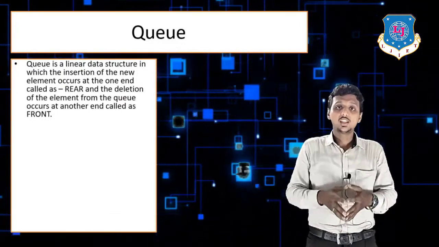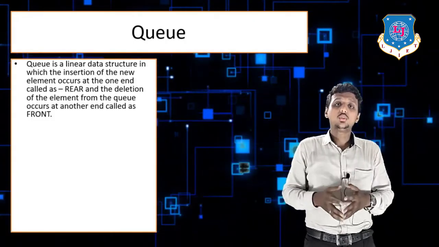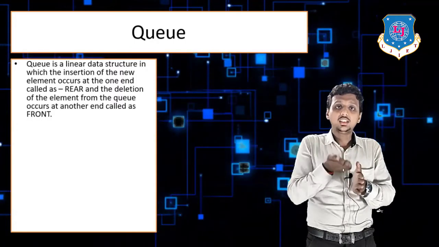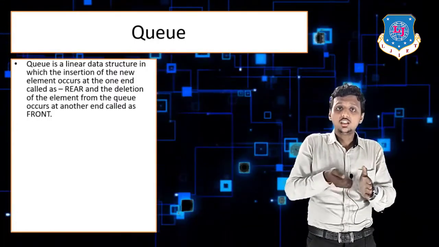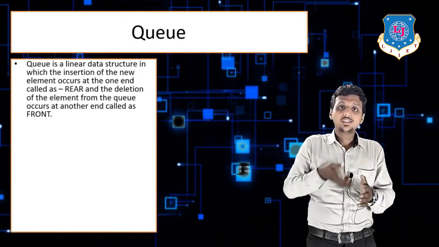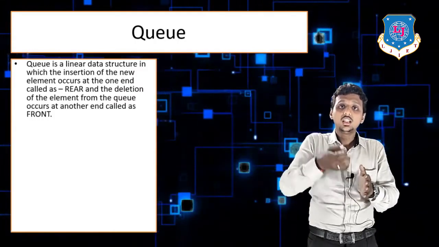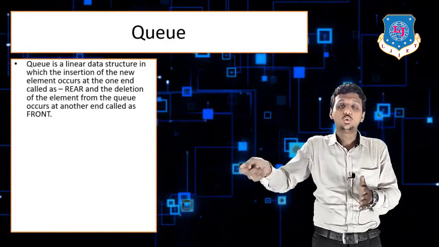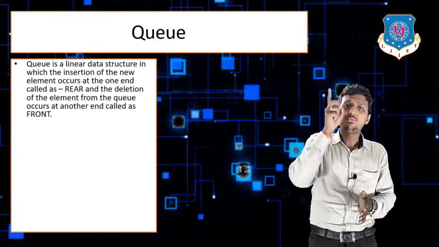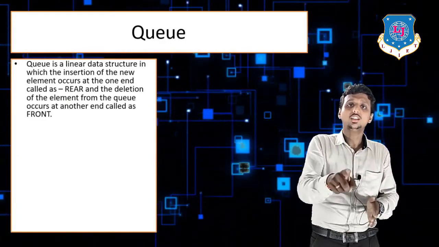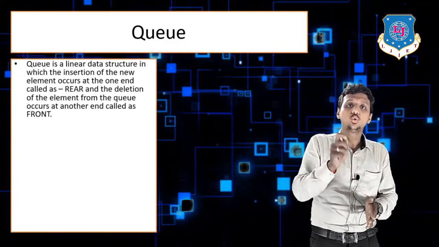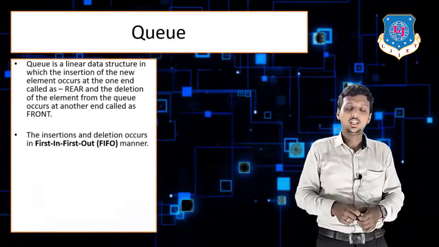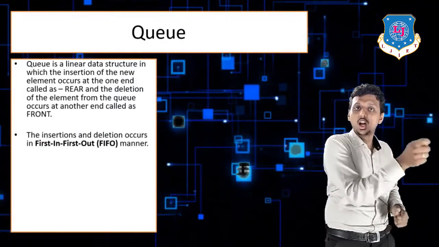Okay, then what happens? If I'm also with you standing in a queue for movie tickets, and I'm the first in the queue, then I take the ticket from the ticket seller and go out from the queue. Another person comes, takes the ticket and moves out from the queue. Once again, take the ticket, go out from the queue. So it means that if you are the first in the queue, you are the person that should go out first from the queue. That's why the queue follows FIFO manner. It means first in, first out manner.